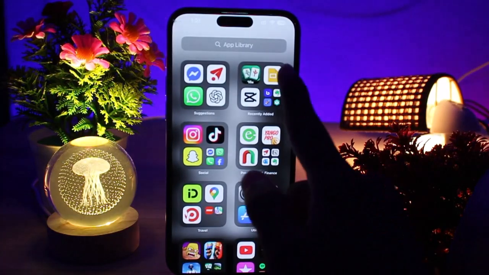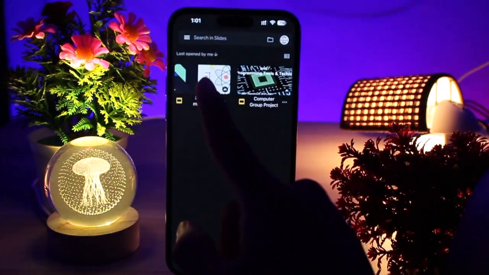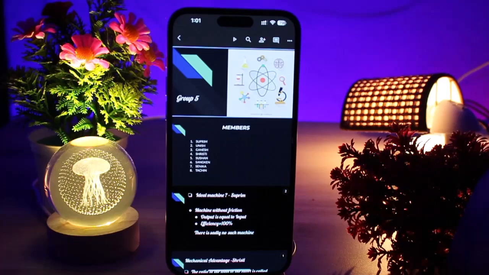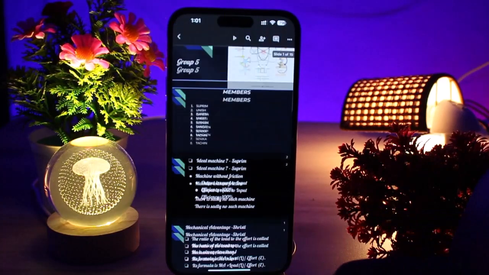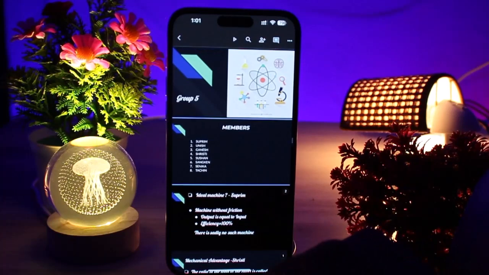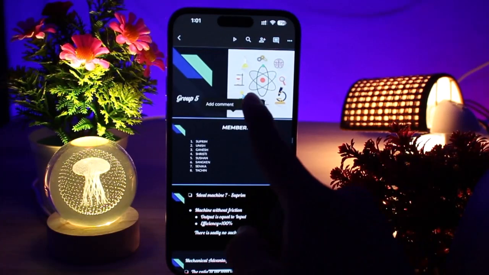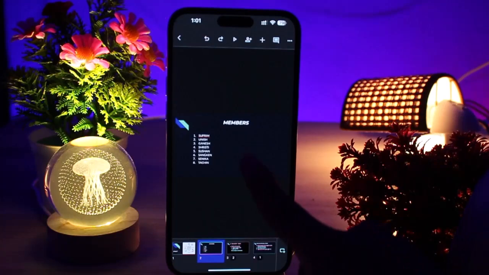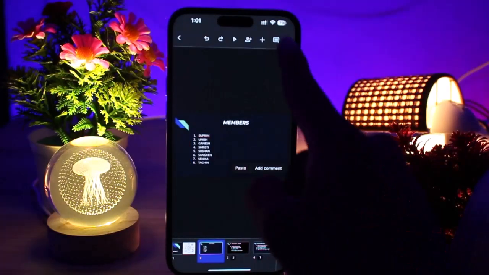First, open your Google Slides app right here. After that, simply click on the presentation where you want to see the speaker notes, and after the presentation opens, simply scroll to where you want to see, or simply click on the presentation and a pop-up will come up saying edit slides. Simply click on it, and after that, if you click on the slide itself, you will see,